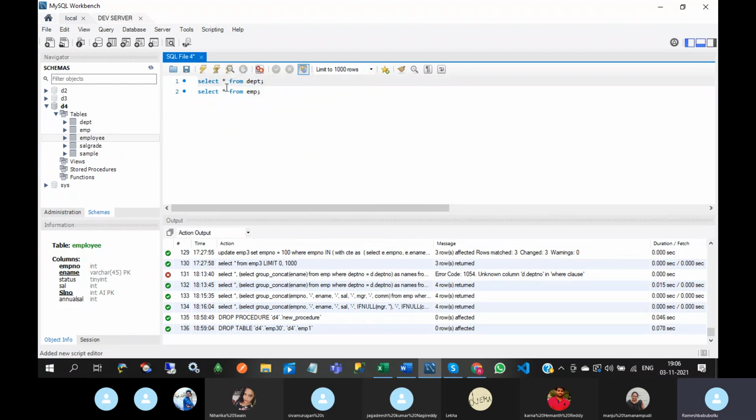So here we have two tables, department table and employee table. We call the department table the parent table, and the employee table the child table. There is a common column in these two tables, like department number. So in the department table,